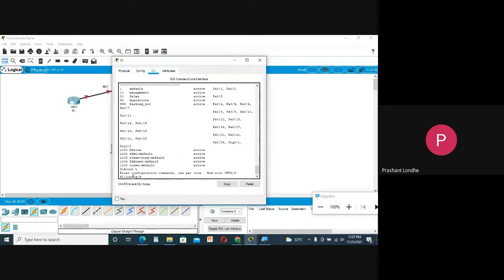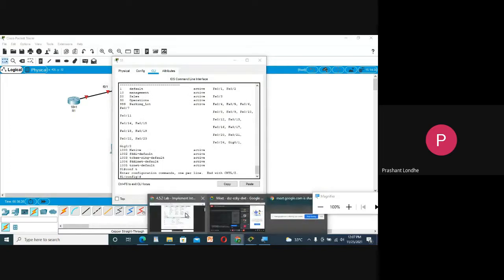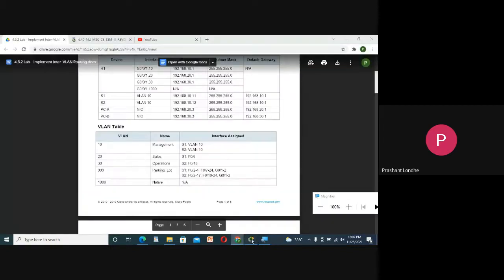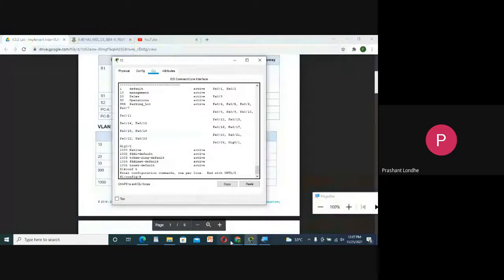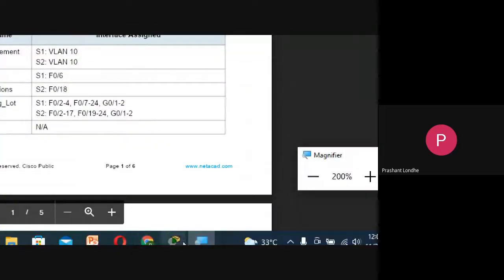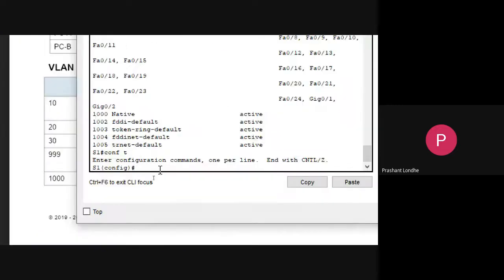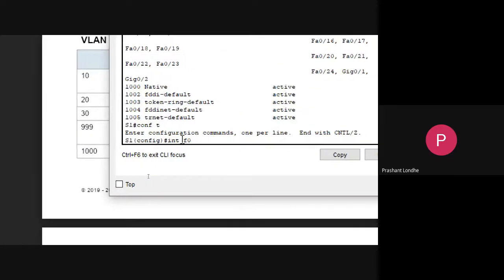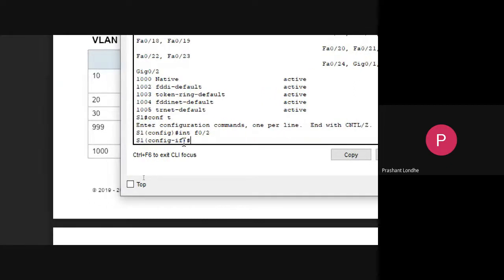Configure terminal. And we need to assign interface F0/2, which is connected to the switch.